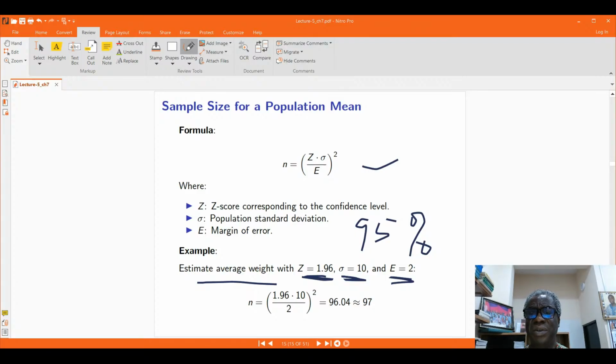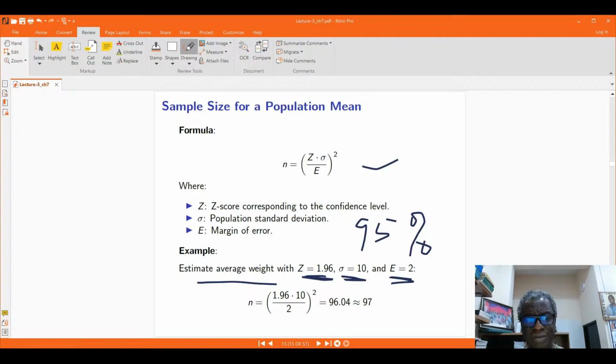Sometimes it could be the confidence level that will be given, and you will need to determine the Z. You could also be given the Z score, and that could help you obtain the corresponding confidence level. So substituting those values there,